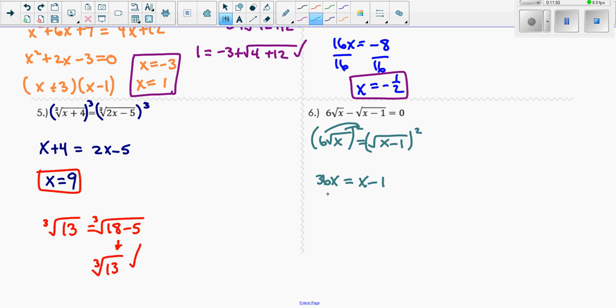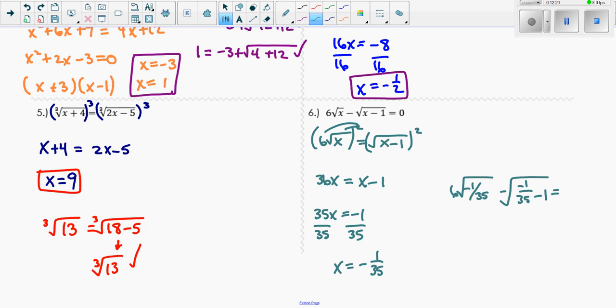Okay, so I subtract x, I get 35x equals negative 1. Divide by 35, and I get that x equals negative 1 over 35. Okay, I go back and check my work. I have 6 times the radical of negative 1 divided by 35, minus the radical of negative 1 over 35 minus 1, and I want to know if that's going to equal